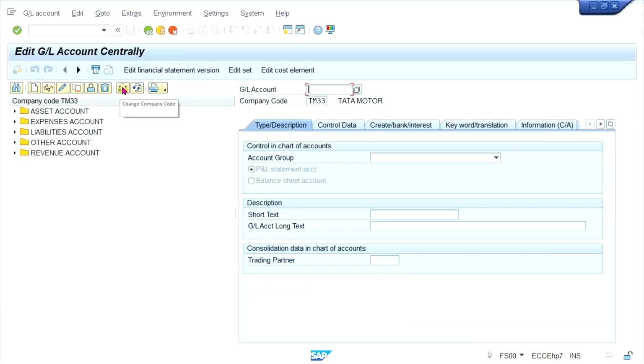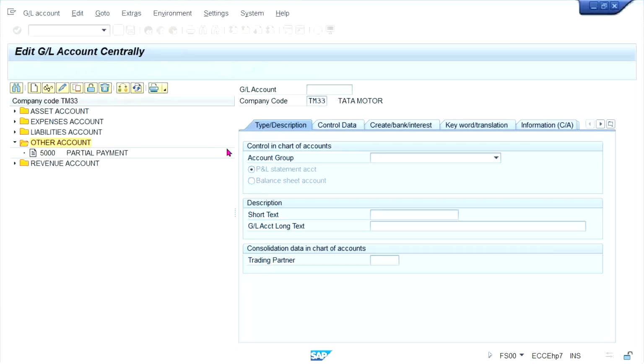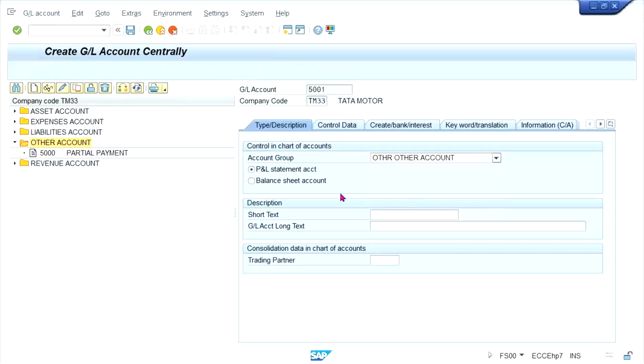So we'll do one thing. We'll create for Tata Motor itself first. So I create here under this account group. Make it 5001. So here, other,